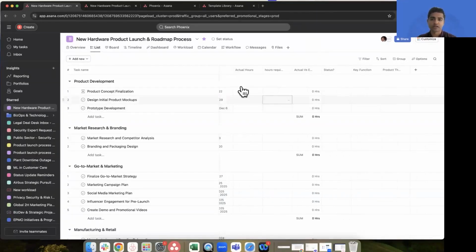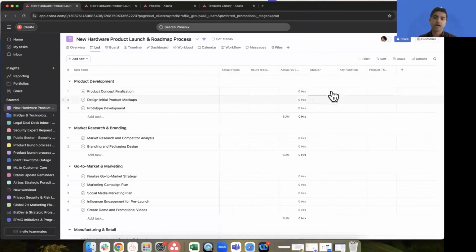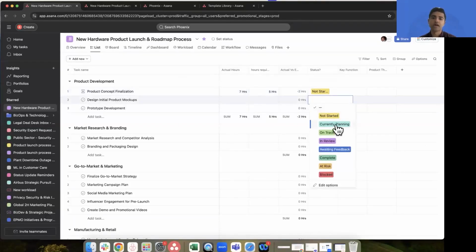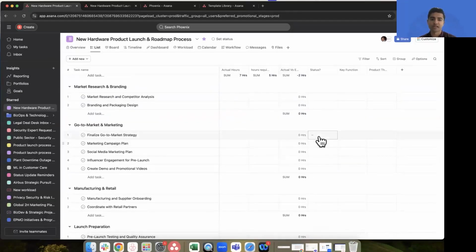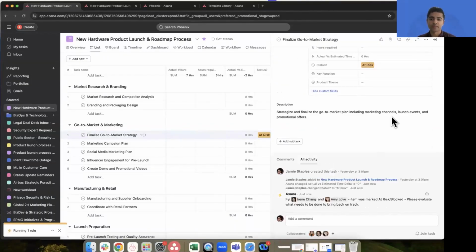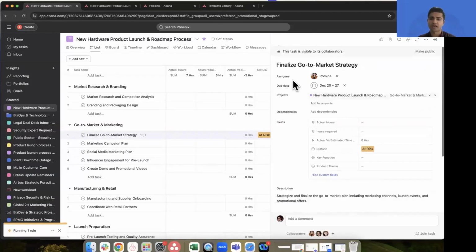So now we can see that this particular project has a lot more details here, where you have estimated and actual hours, and there's automatic formulas, which are going to do a bunch of calculations. And you have status markers where you can say something's either not started, currently planning. And if I mark something as at risk or blocked, it'll trigger an automation rule, which says, okay, this item was marked at risk or blocked. We're going to trigger that automation rule that's already pre-built and say, okay, here's the people who get tagged on this, just so they can help us move this particular project forward.